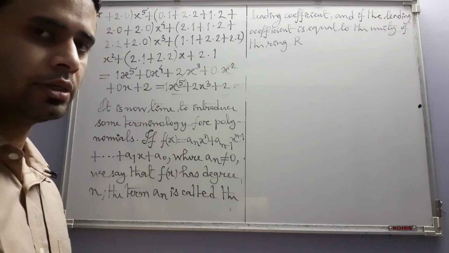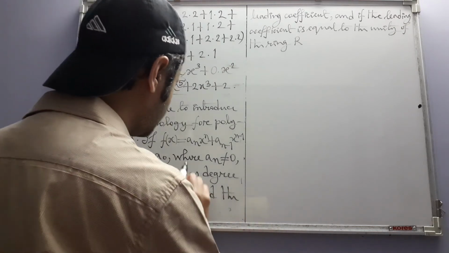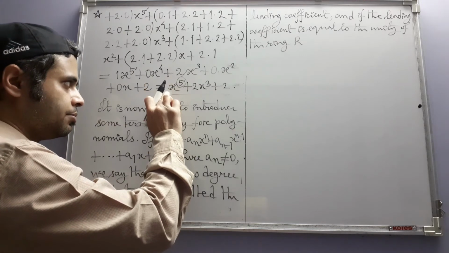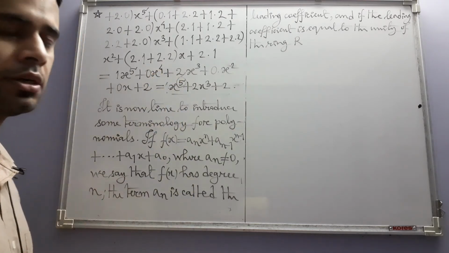It need not have a unity, but if it does have a unity, and this leading coefficient turns out to be that unity, for example here the leading coefficient is 1, the unity of the ring,